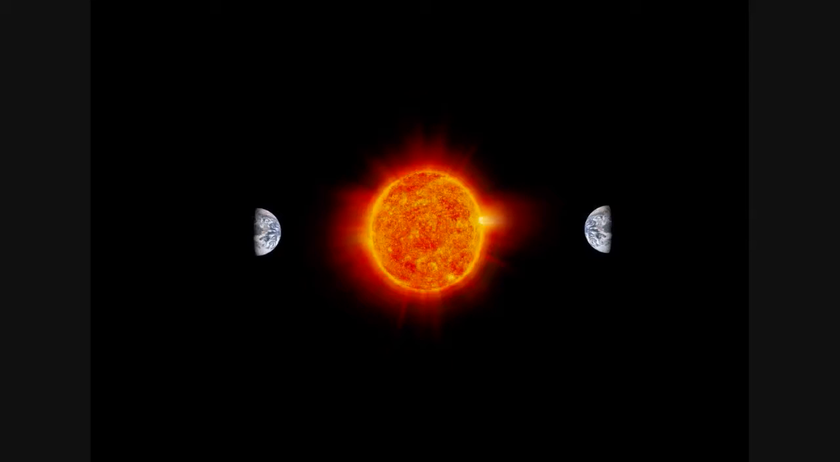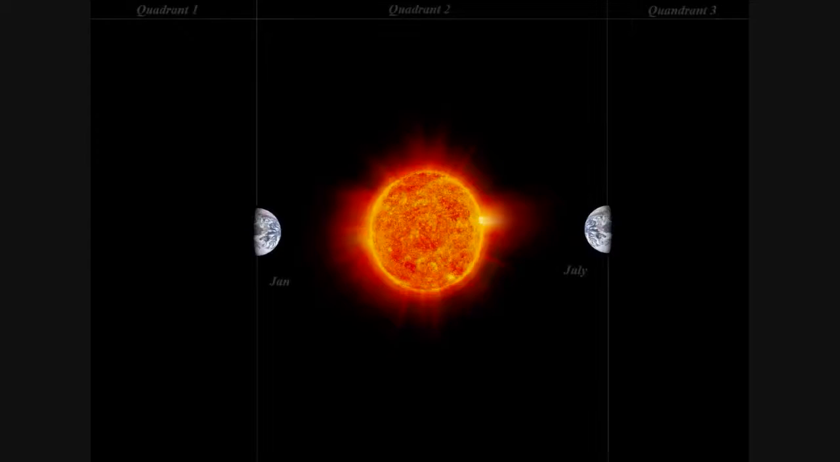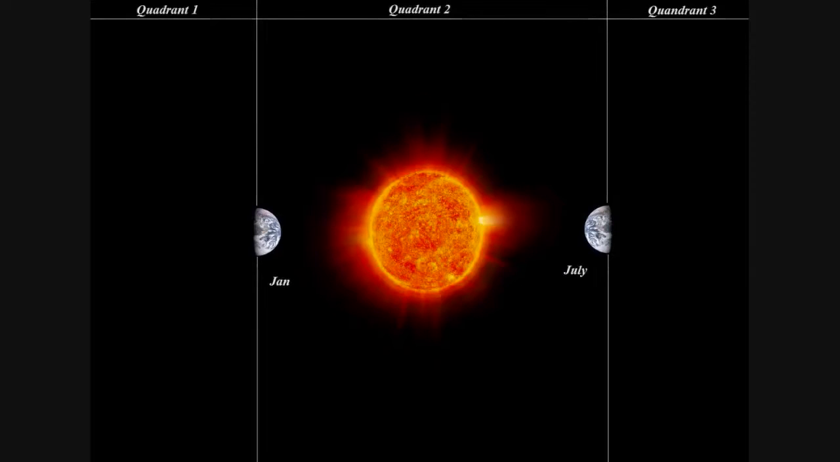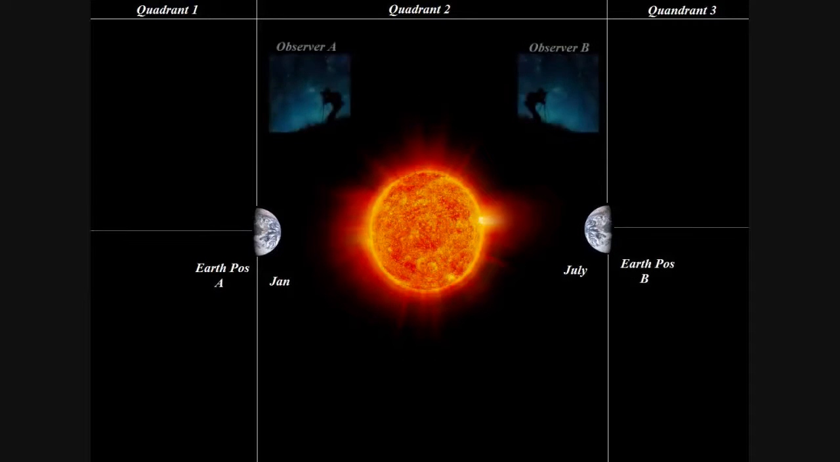180-degree arc around the sun during its orbit. Now, if we look, we can divide this section into quadrants. We have quadrant 1, quadrant 2, and quadrant 3. We can then elaborate and have Earth position A and Earth position B. Earth position A in quadrant 1 and Earth position B in quadrant 3. If we post an observer in quadrant 2,